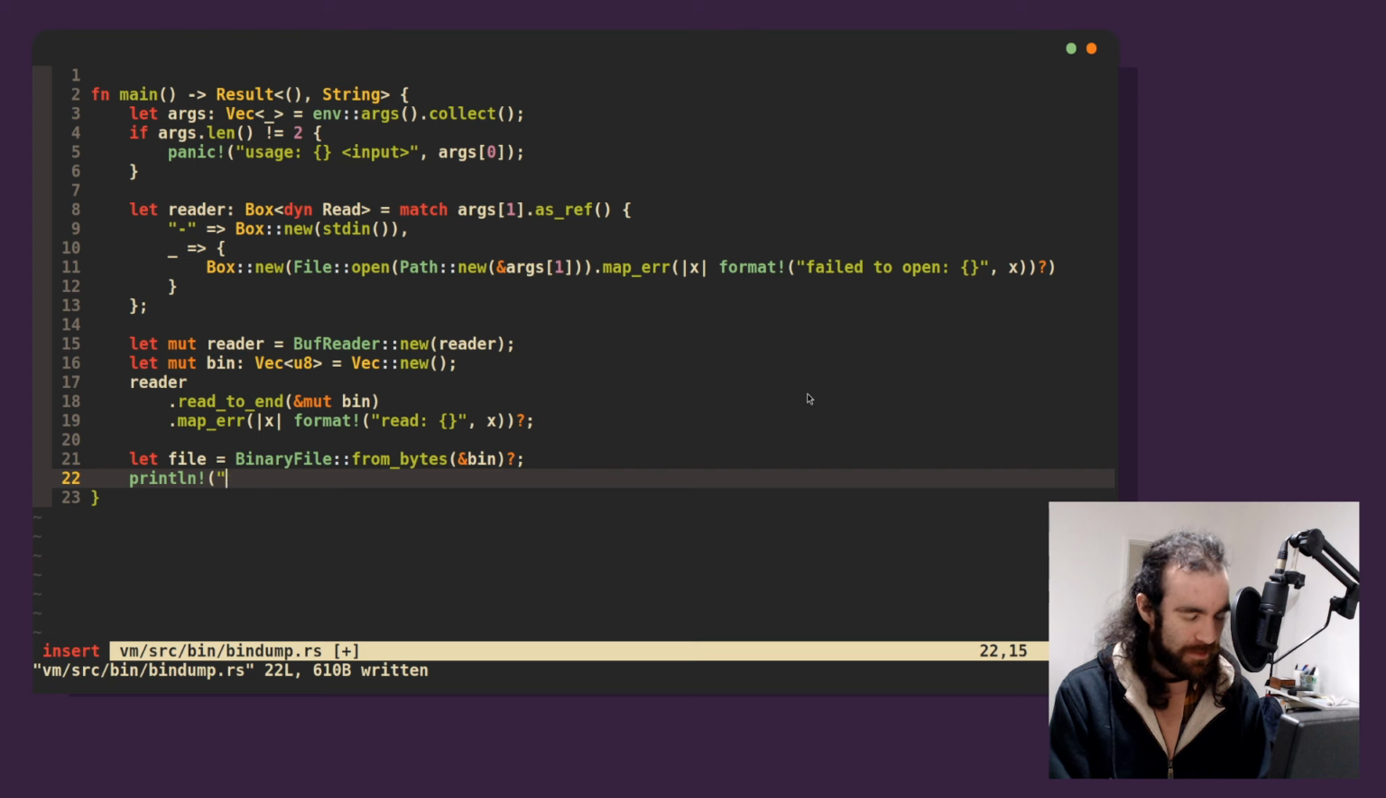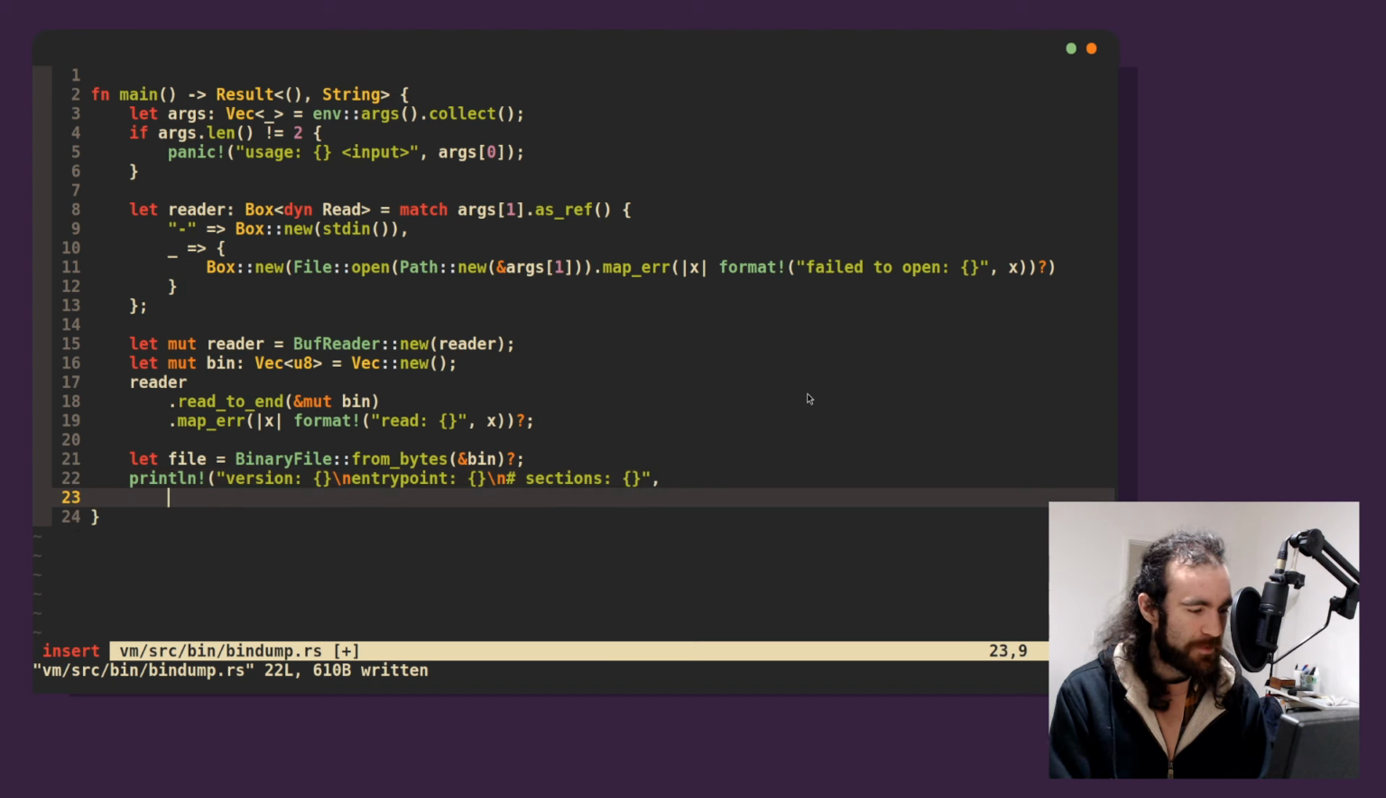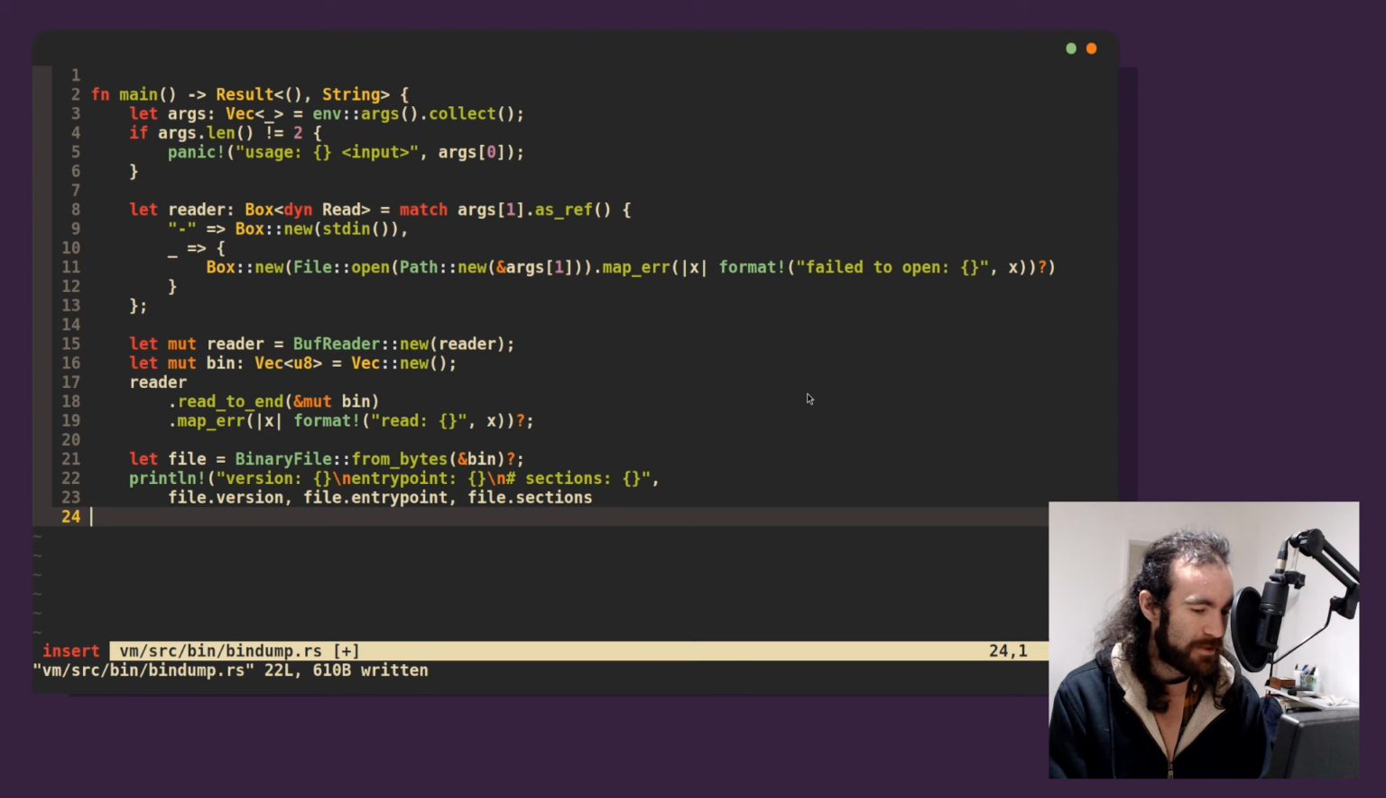I want to say file. Let's say version. Entry point. Number of sections. We'll just print out the dumb data for now. This is going to be file.version, file.entrypoint, file.sections.len. Then maybe for s in